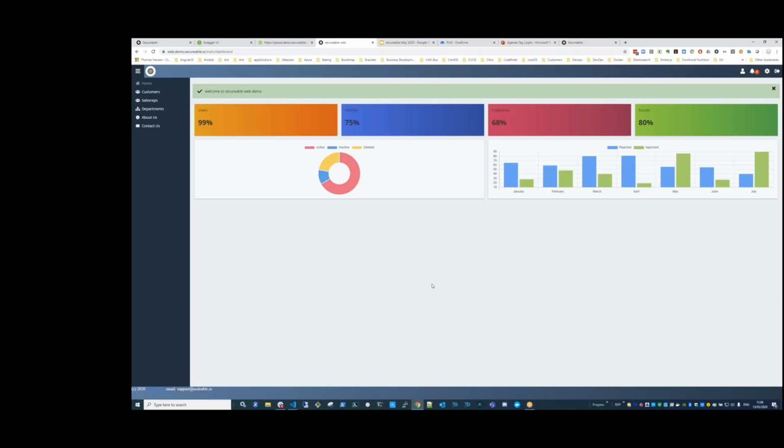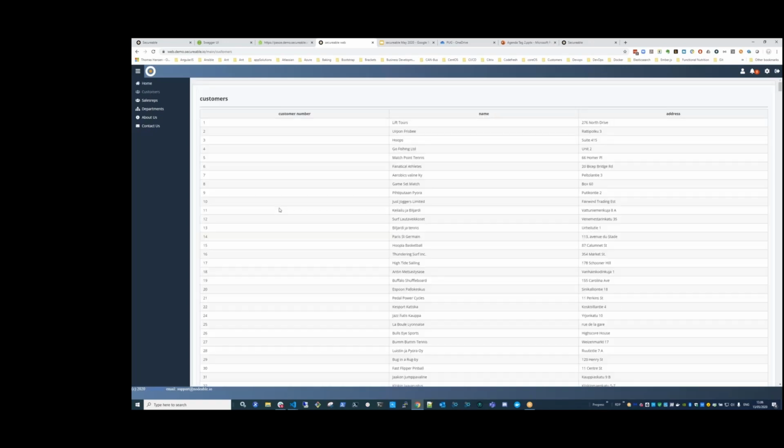The Angular application here now has a token, and whenever it makes requests to the PASOE application, it will include the token from the logged in user as part of the payload, as part of the request that gets passed to PASOE, so that PASOE can validate that token and check and see whether we have access or not. So if I now click on customers, I get data, because I'm passing in a valid logged in token. I now get data getting fed back from PASOE, and that I can use in my application. Very simple, very easy to use.